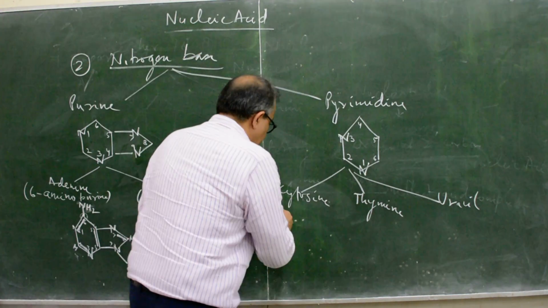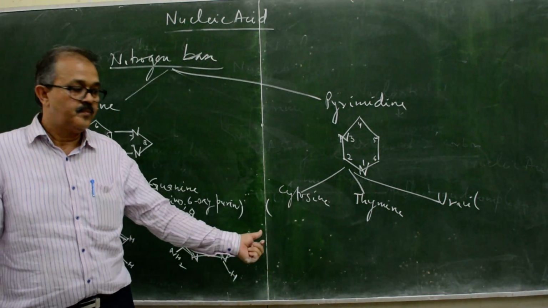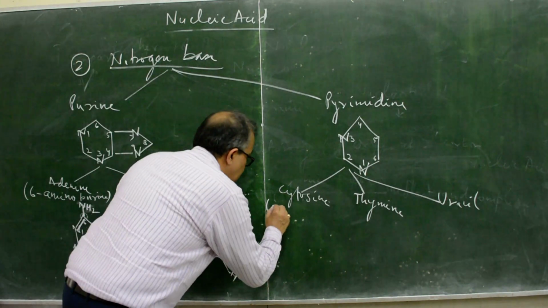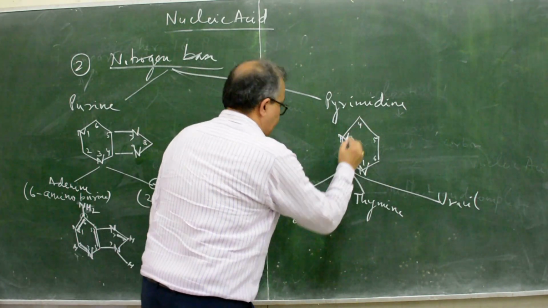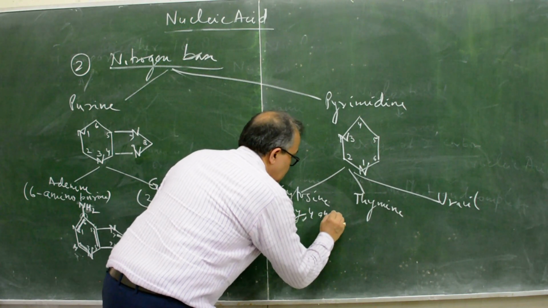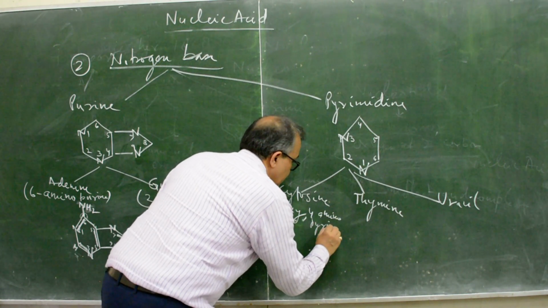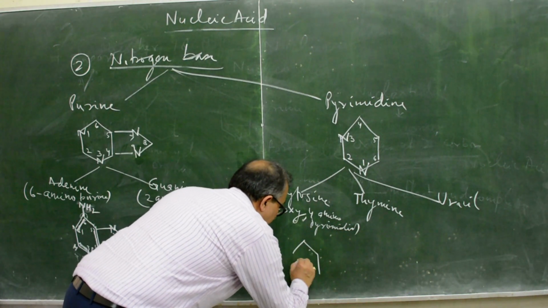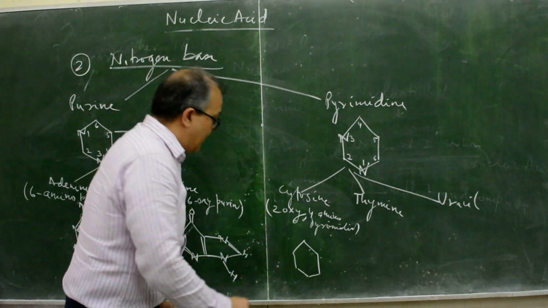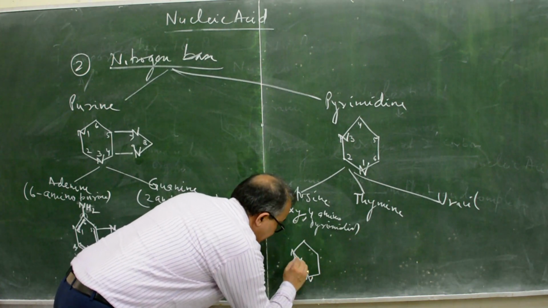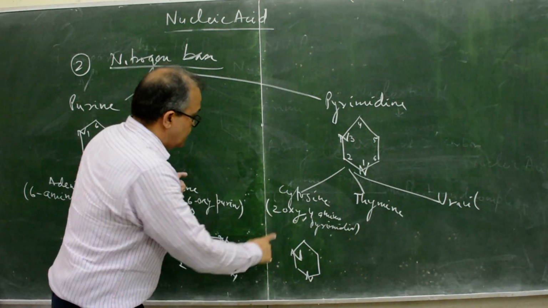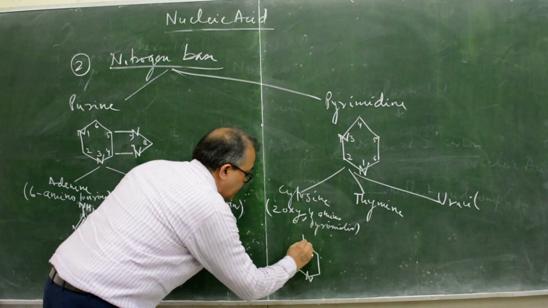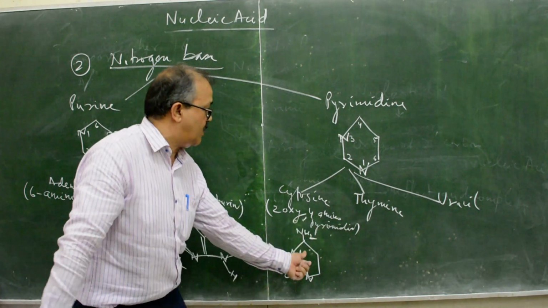Now the purine structure is done. Cytosine, you remember, is very simple. The amino group and oxy group replace each other. So it is 2-oxy, and at the fourth position 4-amino, and it is a pyrimidine. First you sketch the pyrimidine structure: this is the first position, this is the third position. Second position the oxy group, then 1, 2, 3, 4, the 4 amino group, NH2. This is all about cytosine.